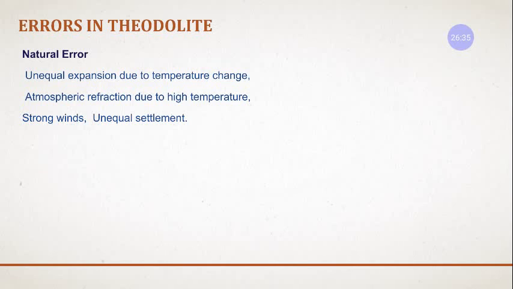So next is the natural errors. These happen due to nature, we can't control them much, but we will try to reduce them by keeping the instrument in a shaded place, not going into high temperature places. Whenever there is high temperature, do not use the instrument for larger distances. Don't go for a larger sighting distance, and look for a hard stratum or base to set up the instrument. These are the minute things that we can do to minimize the errors in theodolite.